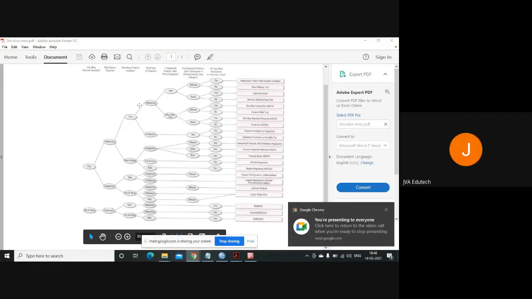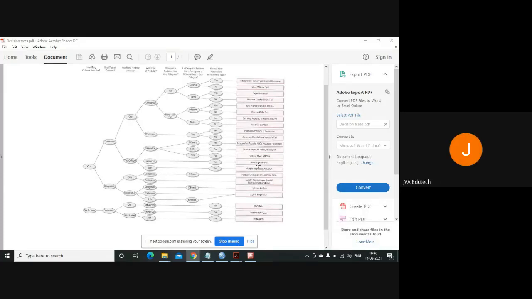Yes, sir. So this is a full-fledged chart to decide which statistical test you should use. Like how many outcome variables you have. Outcome variables means how many dependent variables you have. What type of outcome it is: continuous or categorical. Let's take one case where your outcome is one, means you have one dependent variable. That dependent variable is continuous, means metric. And then how many predictor variables, means independent variables. So if you have two or more independent variables, let's take this case.